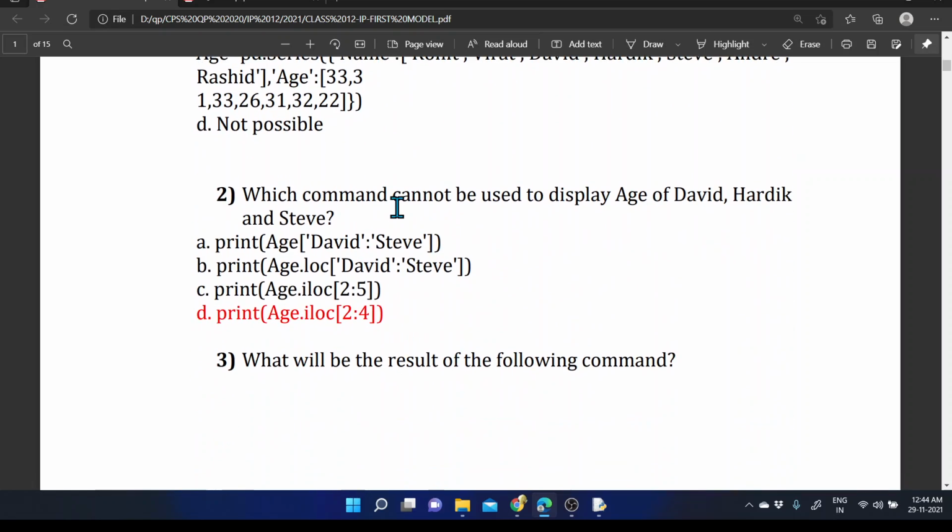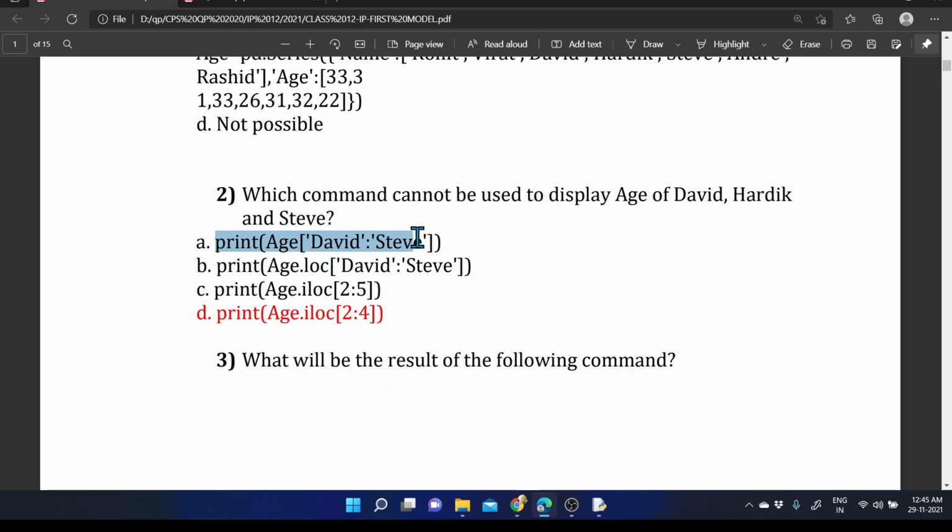Then we are moving to the next question. Which command cannot be used to display age of David, Hardik, and Steve? So these particular three values are provided within the dictionary in continuous order, so that will be taken the same way within the series generation. Here we are providing this slicing mechanism, David to Steve. So based on these indexes, we are trying to extract the values.